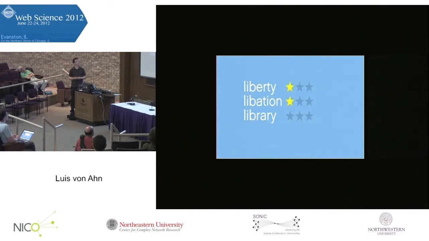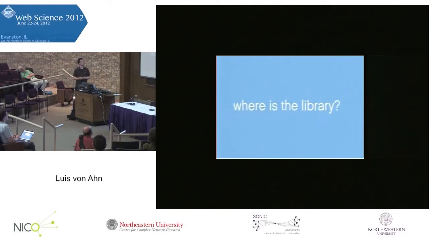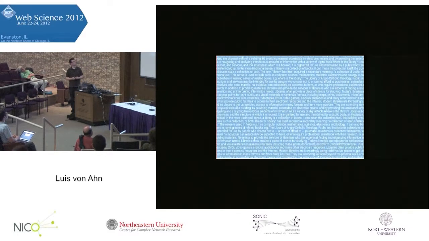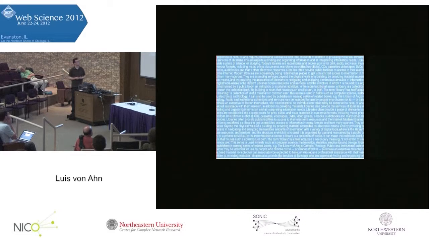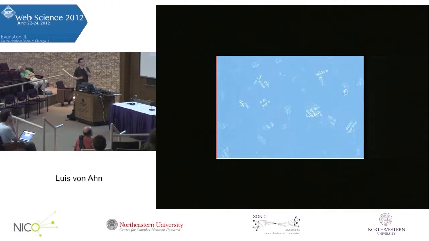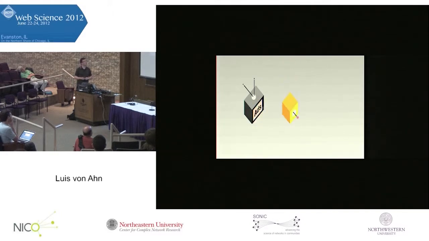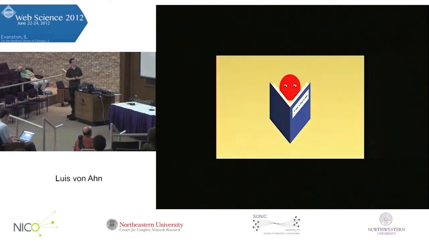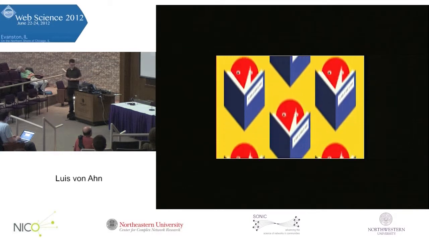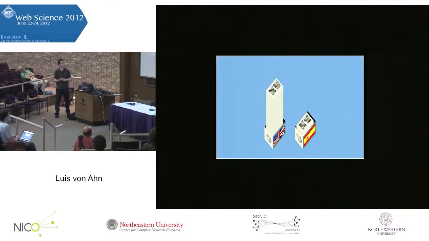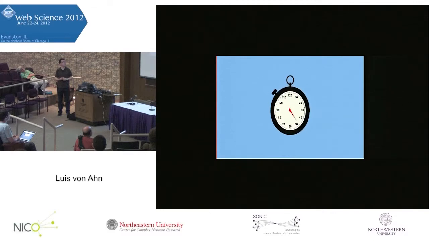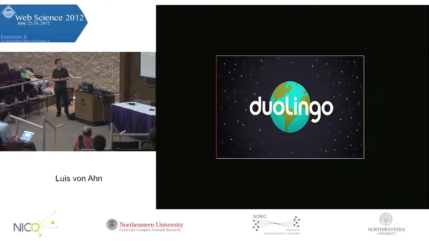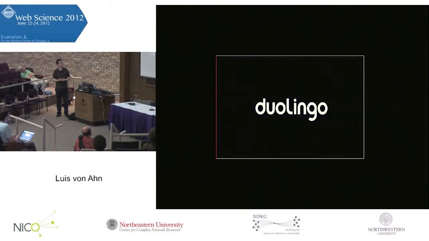You can also vote on the quality of other students' translations, which helps you learn by seeing how others translated the same sentence. And because you create valuable translations while you learn, we return the favor by offering Duolingo completely free of charge. No ads, no hidden fees, no subscriptions, just free. To put the potential benefit of Duolingo into perspective, think about this. If 1 million people would use Duolingo to learn, the entirety of English Wikipedia could be translated to Spanish in just 80 hours. Duolingo. Learn a language while translating the web.